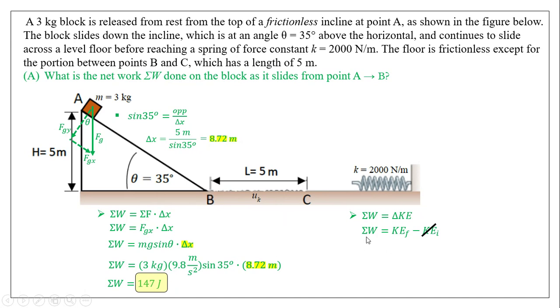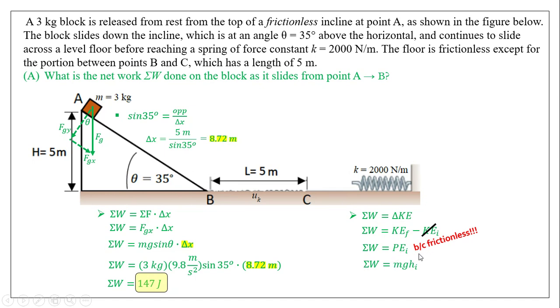So while I have net work is equal to KEF here in my work, I'm actually going to say KEF is the same as PEI. Well, because it is. All this potential energy initially will be converted to KE by the time it gets to point B. So even though I wrote KF here, I recognize that KF is the same as PE gravity initially. So therefore, the function,